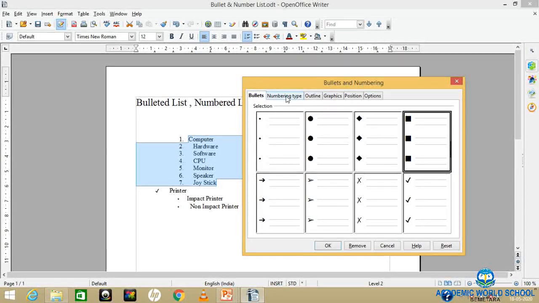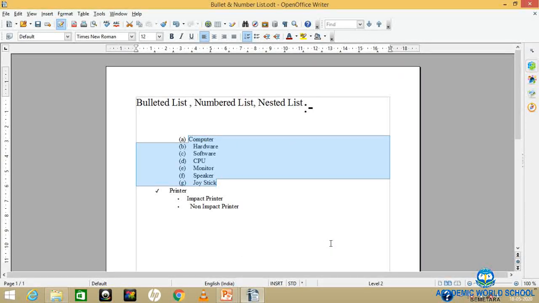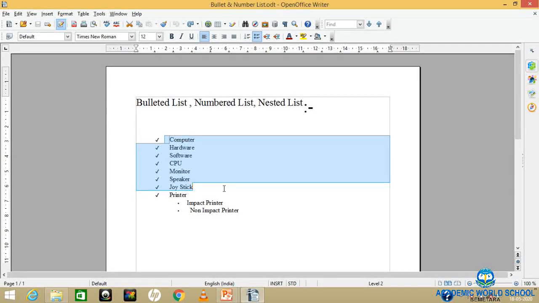So how can you change it? You have to just select it. I will select it, then go here, and it will be changed into the number list. See here, number list. Now in this number list you can change. When you click on this number and bulleted, you will find different categories of bullets and numbers available.